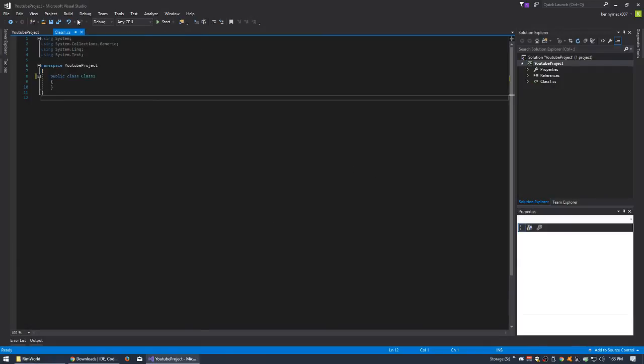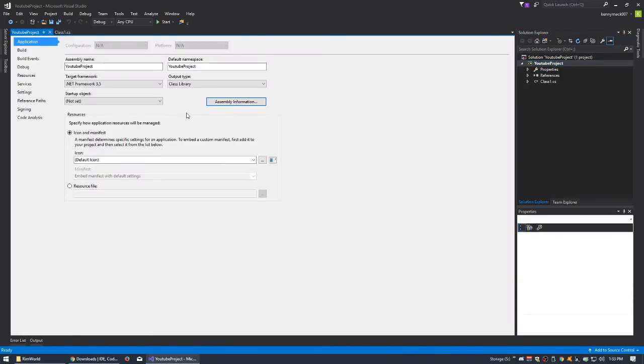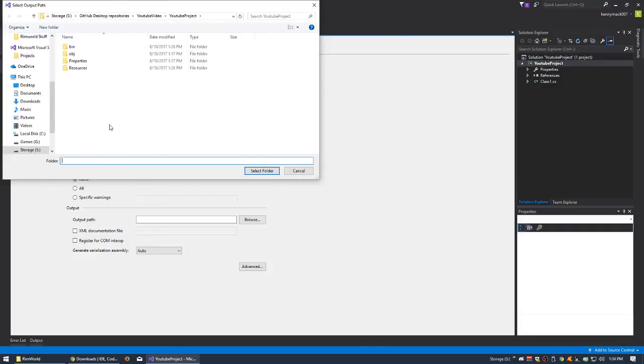You pretty much have to build it and have your, oh, that's what we forgot to set. Okay, so we forgot to set our build target. So let's go to properties, and we need our output path. That's what we need. Okay, output path right here. So browse to our YouTube video, YouTube project, resources, RimWorld,